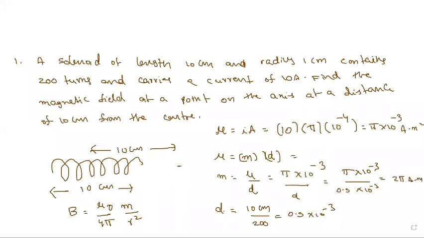Okay, the pole strength of each turn we are calculating. No, we'll have to see this again. So the magnetic moment of each turn we are calculating. Then the general formula for magnetic moment for a bar magnet is pole strength into length only. Our total length was given 10 centimeters, but the length for each coil is 10 centimeters by 200, which means 200 turns are given. So finally, we got the pole strength as 2 pi ampere meter.